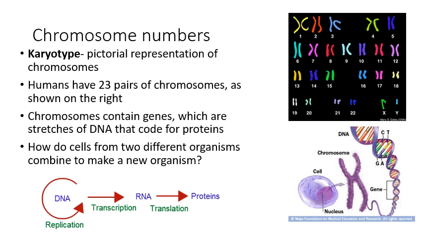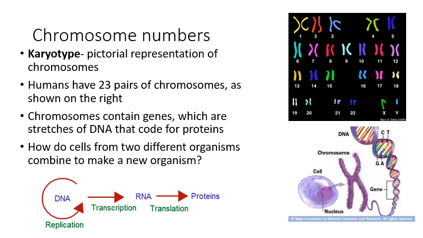And so we're going to talk a little bit more later about these X and Y chromosomes. But other than that, they all come in pairs that are what we call homologous, which is like similar, nearly identical. And so when we have two different organisms that are going to combine cells during sexual reproduction, like we said earlier, we're going to have to reduce the number of chromosomes that we have.